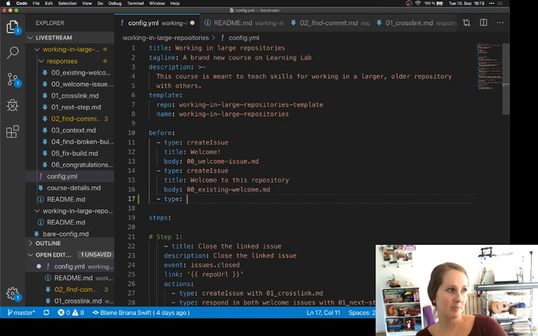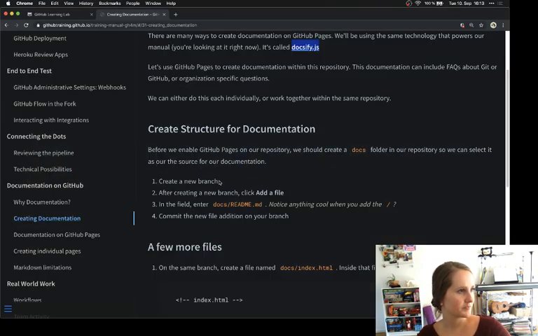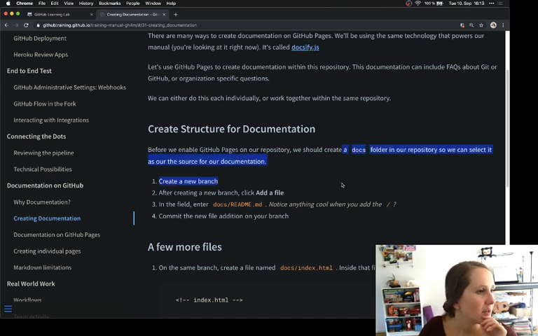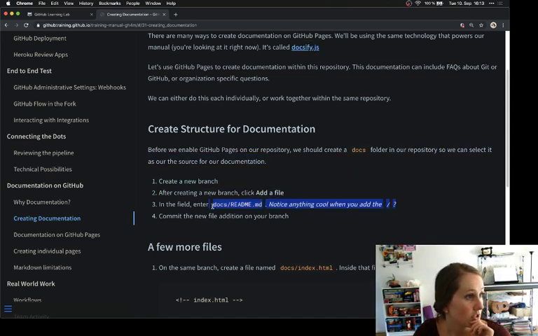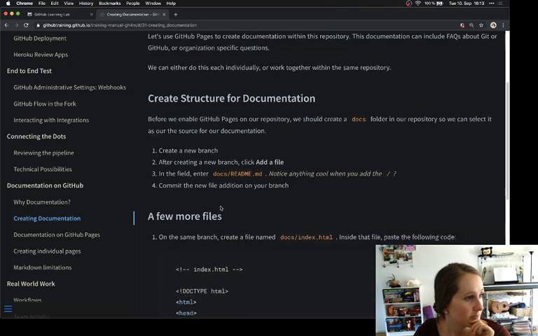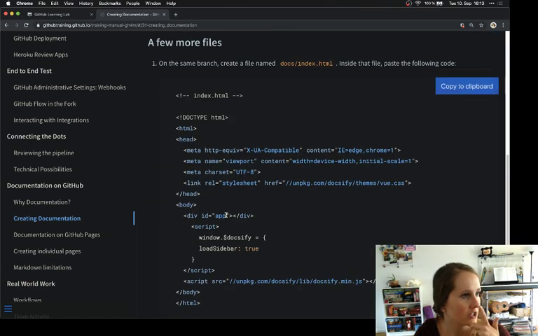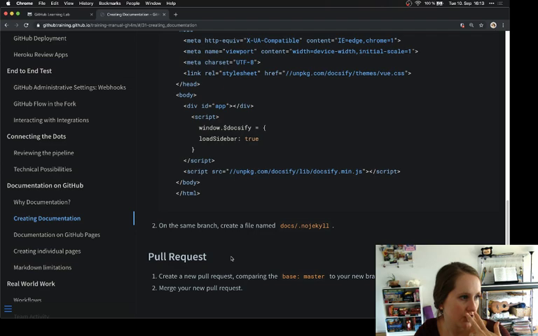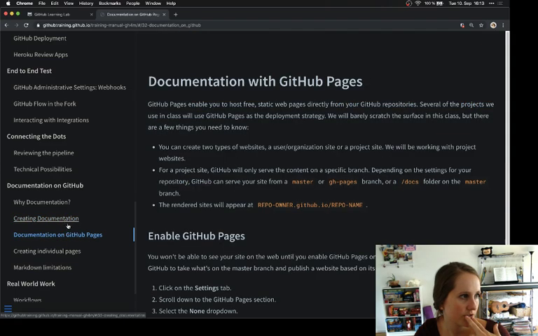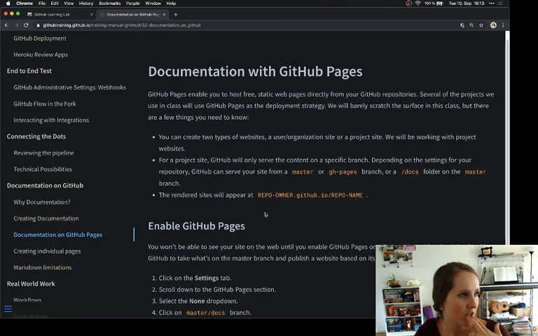Create pull request with branch. We need to figure out how many branches. So number one, figure out how many branches, and then figure out the responses. Okay, so let's figure out how many branches. Before we enable this, we should create a docs folder. So docs folder, README, index, and then this Node Jekyll thing. Those are the most important. And then after that, we can,